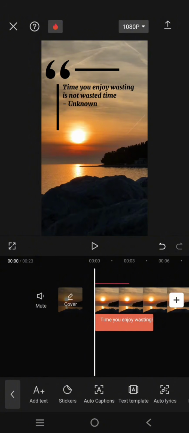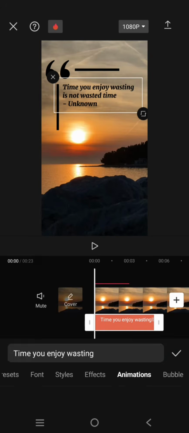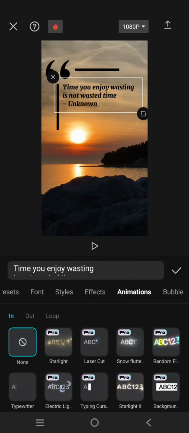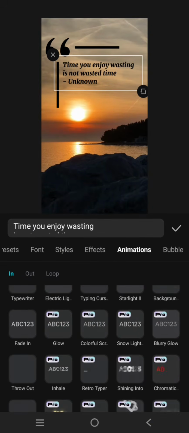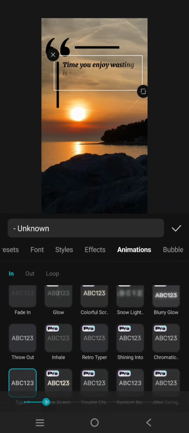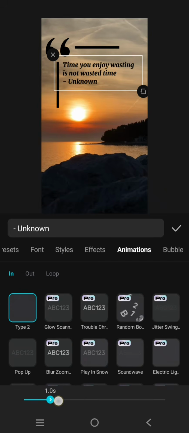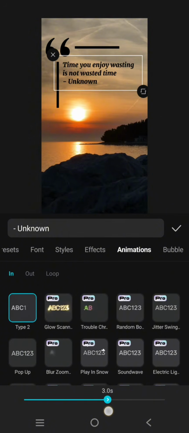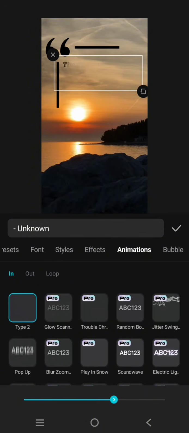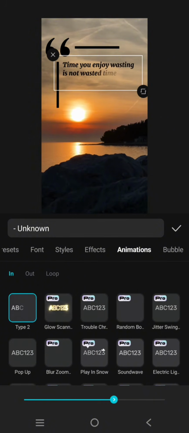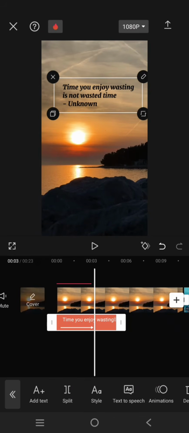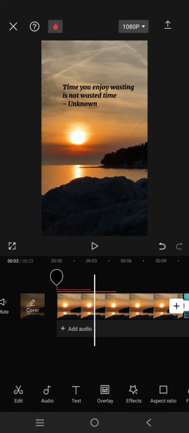Now I'm going to add animation. So for the quotes, I'm going to add the type 2 animation like this, and I'm going to make it okay like that. Click on the check icon, and also for the overlay, I'm going to add